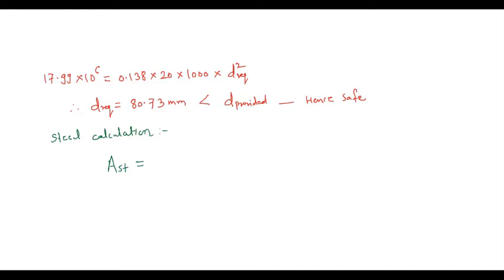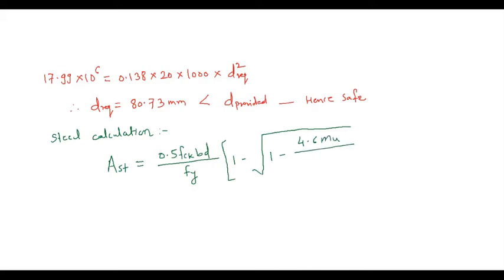Ast, area of steel, is equal to 0.5 fck bd divided by fy, in the bracket 1 minus under root 1 minus 4.6 Mu divided by fck bd square. So put the values and solve this and let me know the value of area of steel. 0.5 into